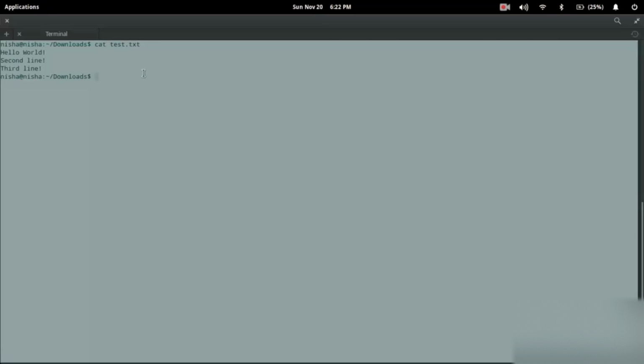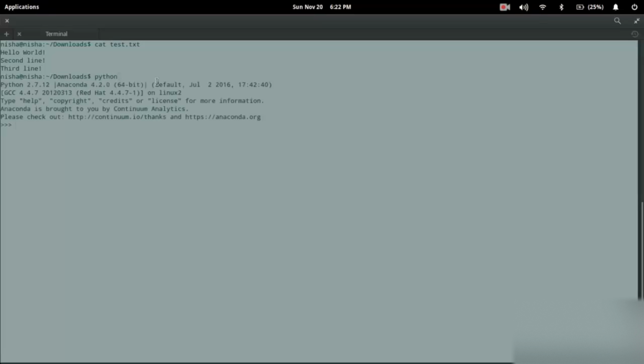In order to do something with the read operations with the files, we just want to go to the Python console and now just open the file in read mode. For that, f equal to open within quotes test.txt comma the method read. Now I just want to pass the size parameter with read, f.read